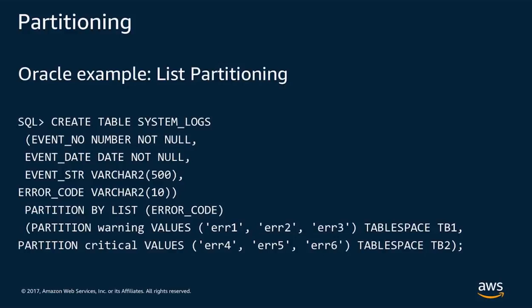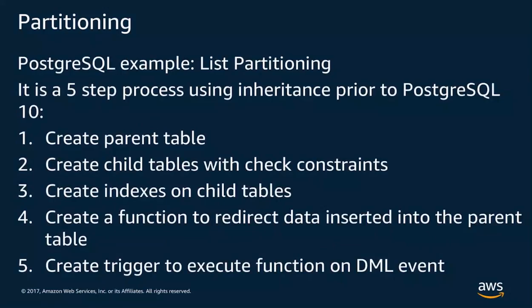Now, let's compare this partitioning example to how it is going to look in a Postgres instance. In Postgres, when it comes to list partitioning prior to Postgres 10, it is basically a 5-step process. When I say inheritance, the way partitioning is done is through a parent-child relationship. Firstly, you create a parent table, which is going to contain all of the data. And each of these partitions that you're trying to enable, be it list or range partitioning, is going to be created as child tables with check constraints. The check constraints are there just to make sure wrong data from another partition does not come into some other partition. And then you create some indexes on the child table